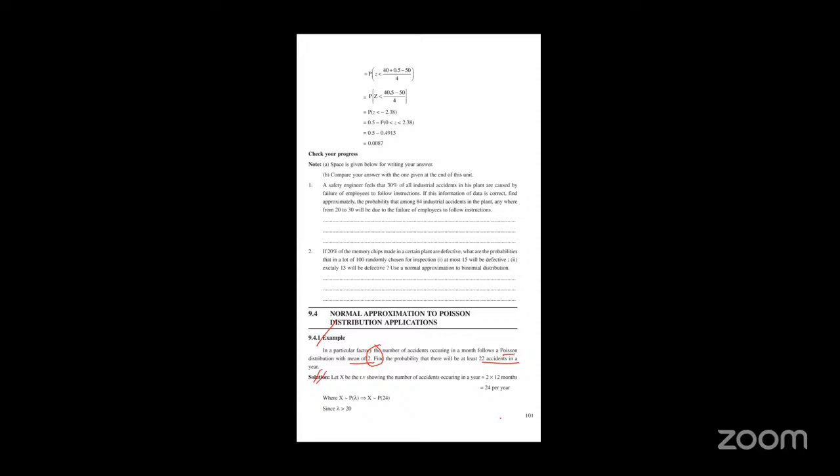Solution. Let X be the random variable showing the number of accidents occurring in a year. The mean is 2 per month, so mean into 12 is how much? We have 12 months in a year, right? So it is 24 per year. So it is greater than 20 only. X follows the Poisson distribution, so lambda is 24. Since lambda is greater than 20 only,